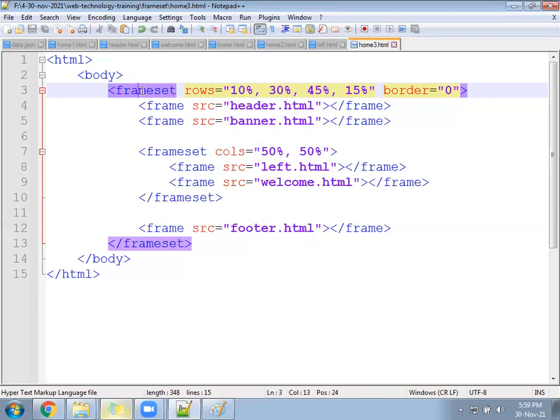Check now. The banner part will be missing. Apart from the banner, everything should work.